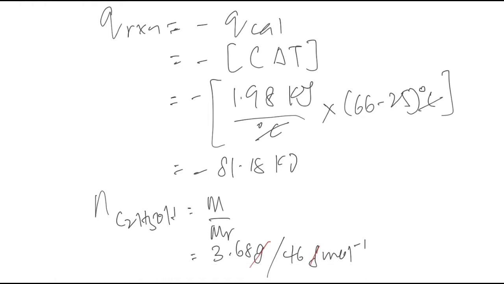Therefore, we will get the mole. Okay, that is 3.68 divided by 46. So I get 0.08 mole. Okay, 0.08 mole, right? Then we can make the statement 0.08 mole ethanol